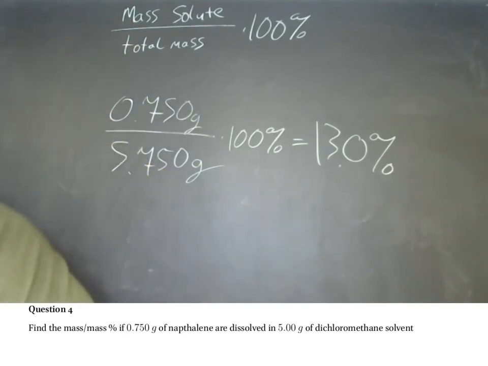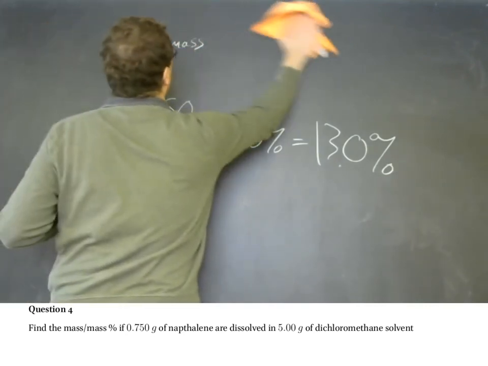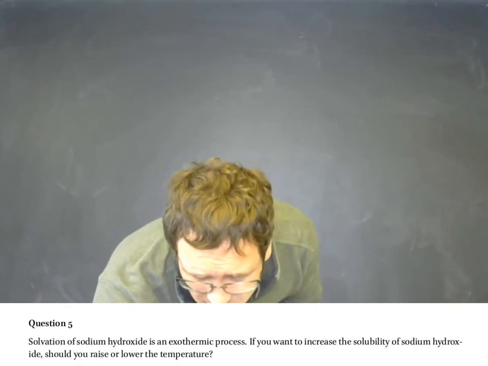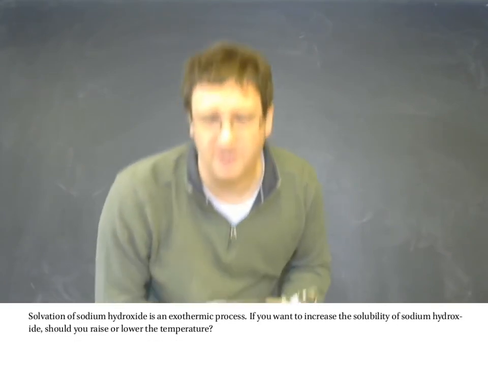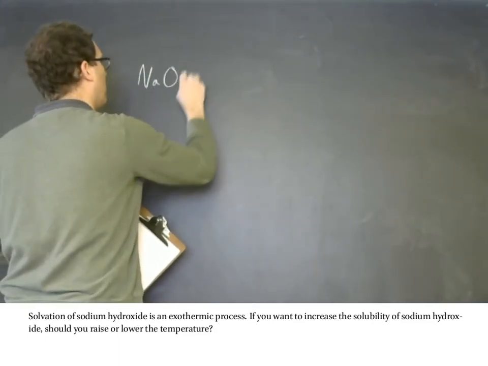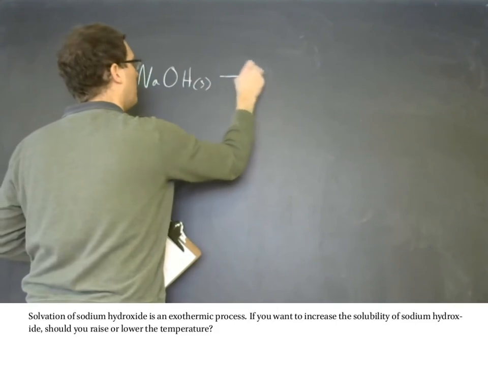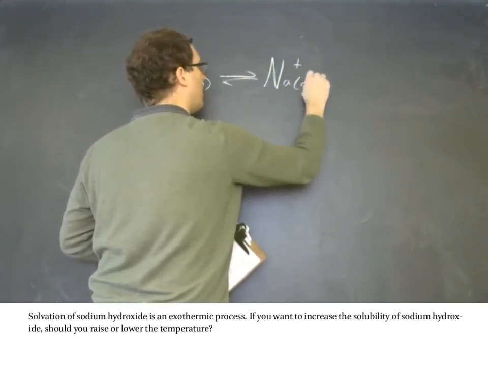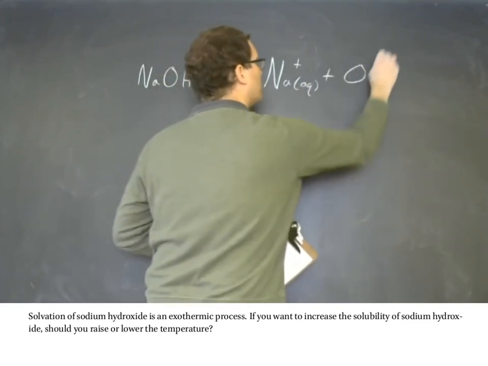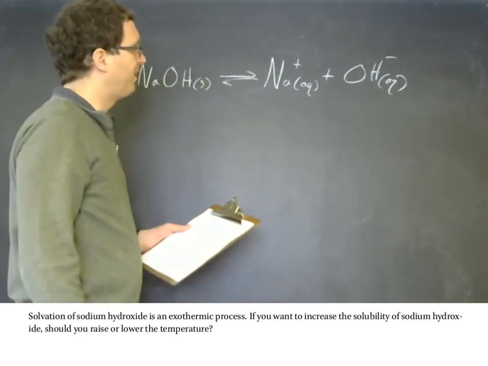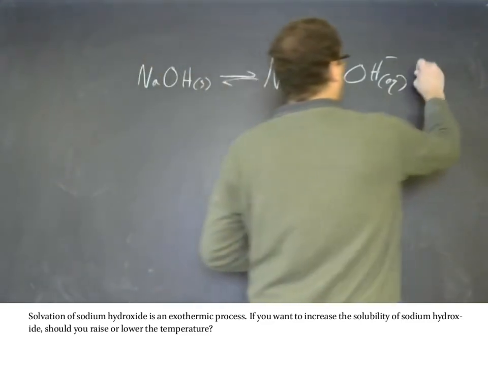And one last problem. Solvation of sodium hydroxide is an exothermic process. What that means is NaOH solid solvating to produce Na plus aqueous plus OH minus aqueous. They split apart. If it's an exothermic process, then